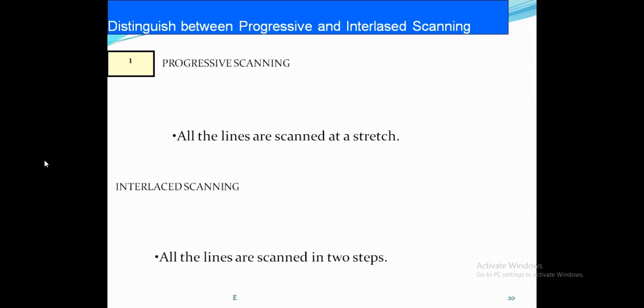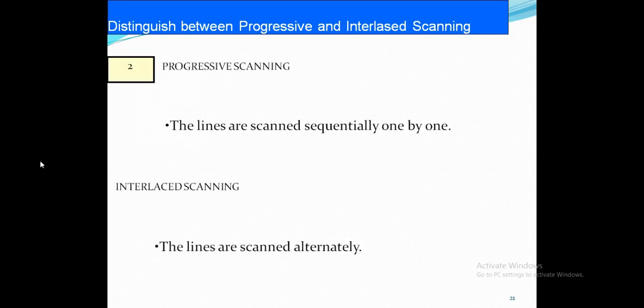This is the first difference between progressive and interlaced scanning. And the second difference,